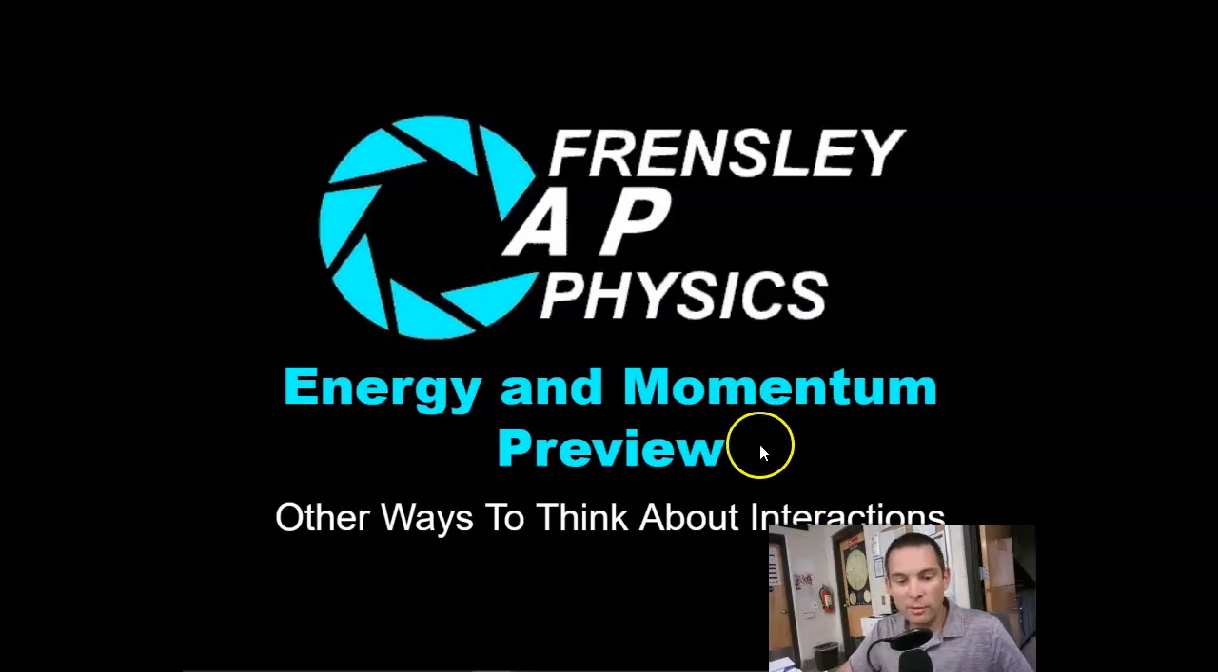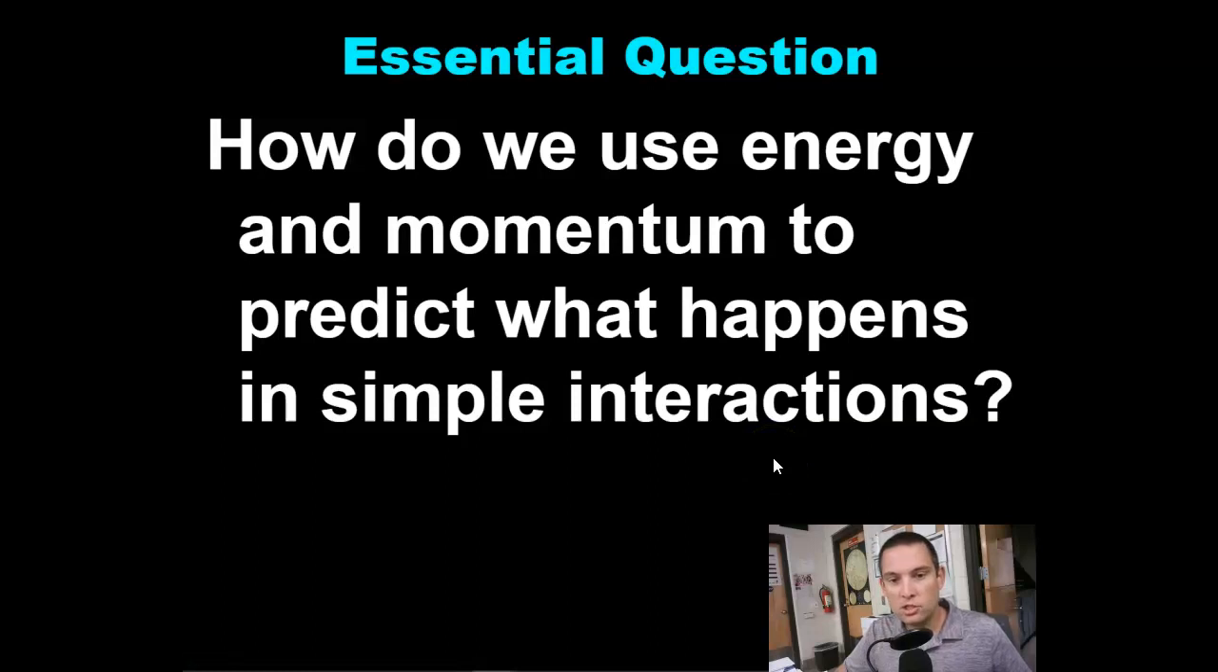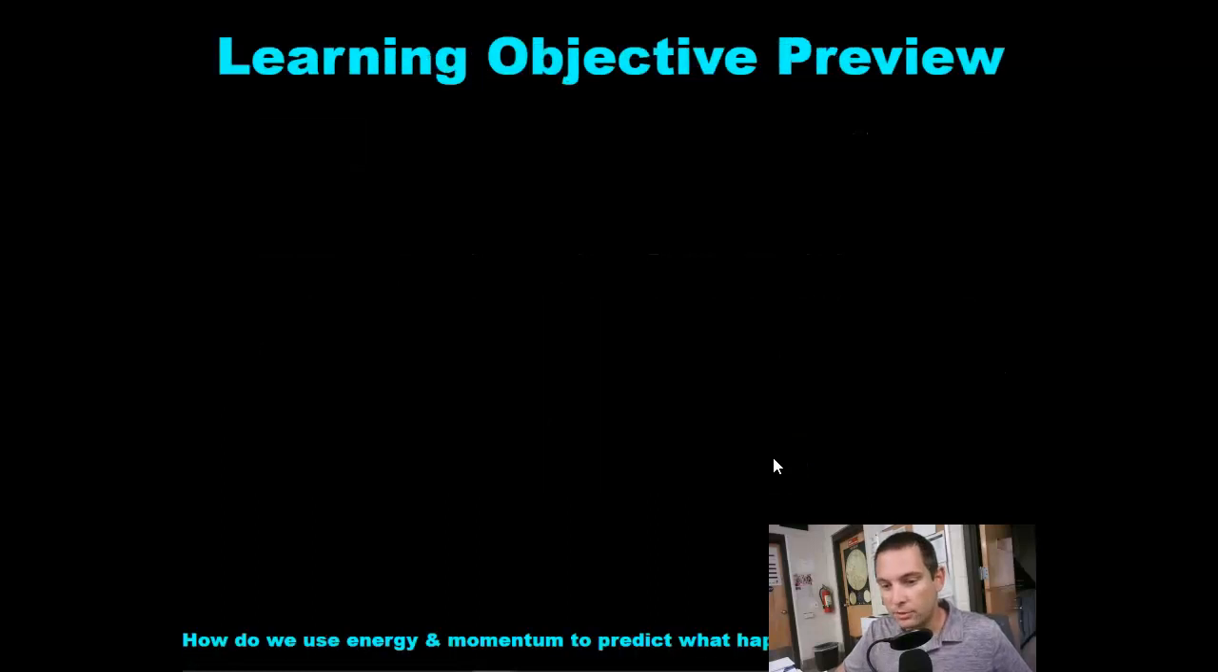1.5, Energy and Momentum Preview. So we've been talking about forces and velocities. These are just a couple more ways to think about interactions. These two other ways are energy and momentum. How do we use energy and momentum to predict what happens with simple